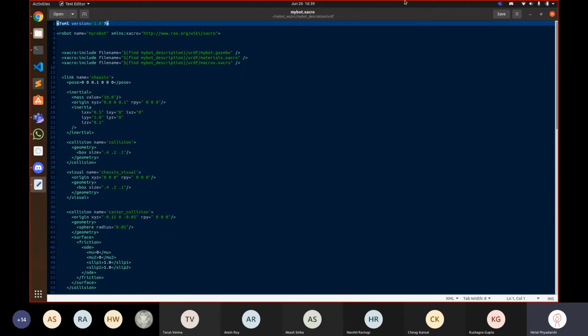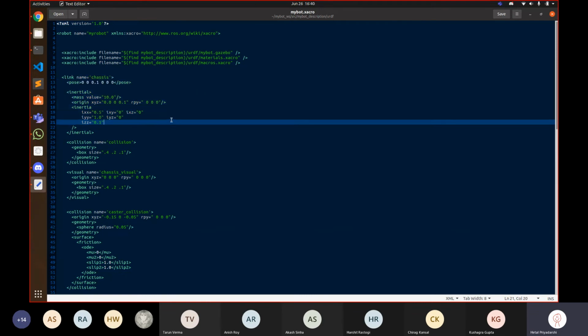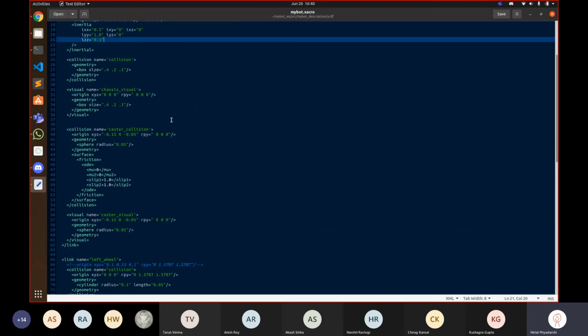The cube will be one link, the four wheels will be four different links, and there'll be four joints joining each wheel to the main body, right? You can see this guy, Richard Wang, has made a link called chassis, different links and different joints. You can ignore collision and visual right now; you'll get to know what those are later.